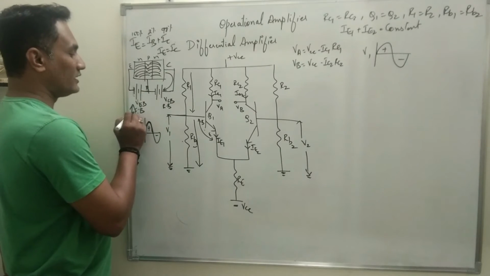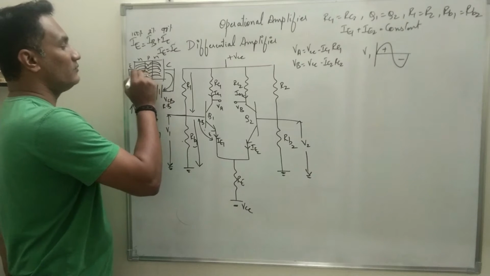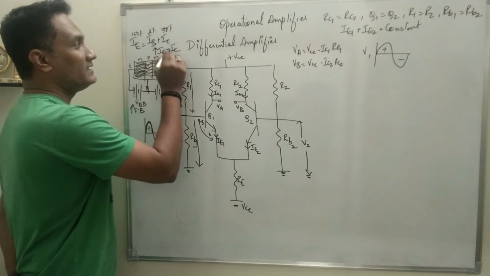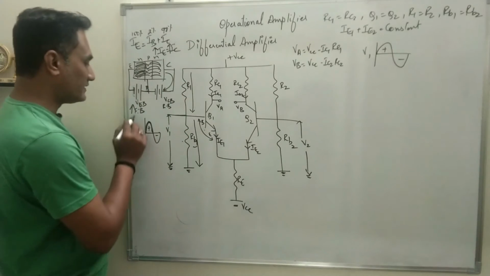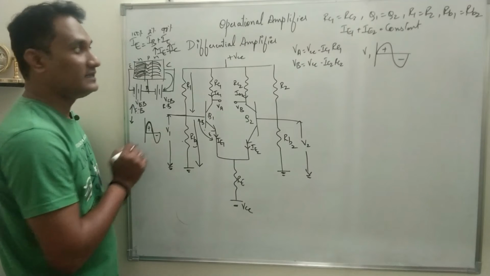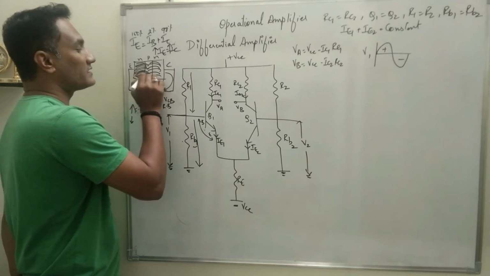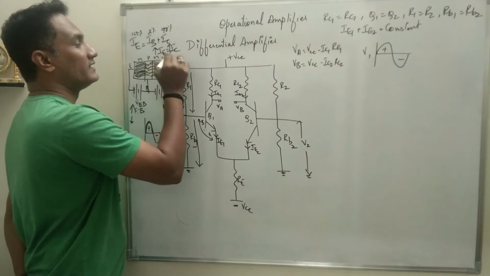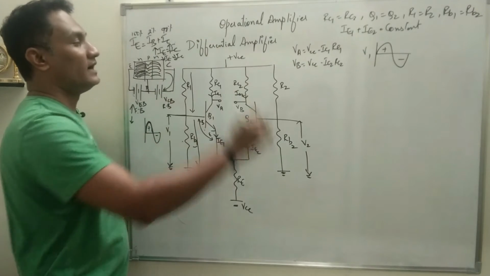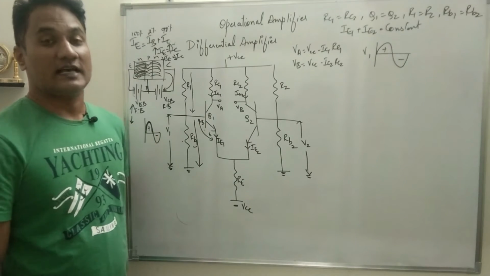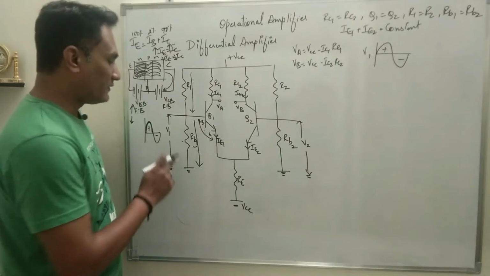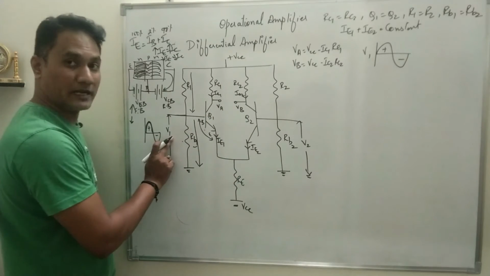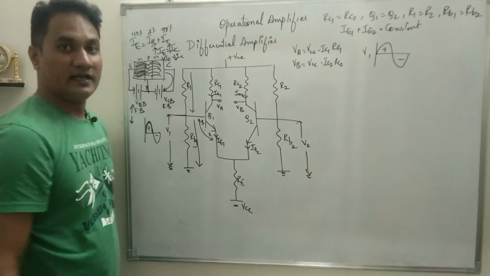If forward bias voltage increases, more charge carriers will move out of the emitter into the base, that means emitter current will increase, and as IE is equal to IC, IC will increase. And if forward bias voltage decreases, less amount of charge carriers will move out of the emitter into the base, so IE will decrease, and as IE is equal to IC, IC will also decrease. So this has to be remembered so that we can understand the working of the differential amplifier when input voltage is applied at V1 for positive as well as negative half cycle.